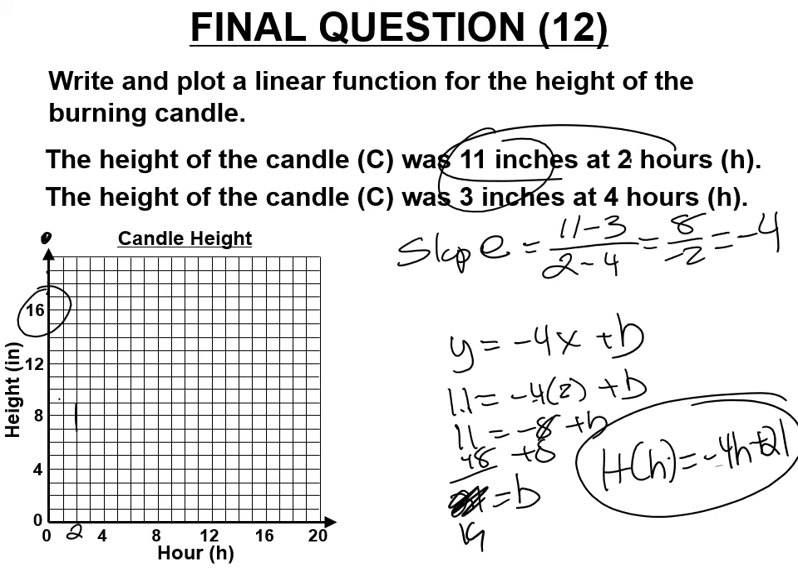Did -4 times 3 equal 4? No, it didn't. Okay, so I have to fix that. So let me fix that and fix that. This is how you check your work. So this was 19 and this is 19, and that makes more sense because I didn't think I had it off the graph. So it's 19 there,